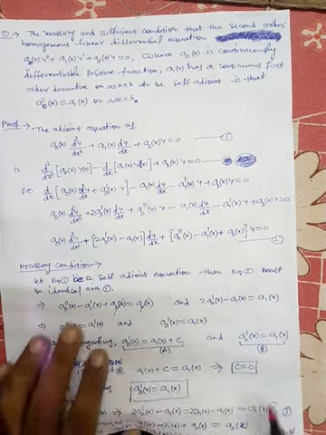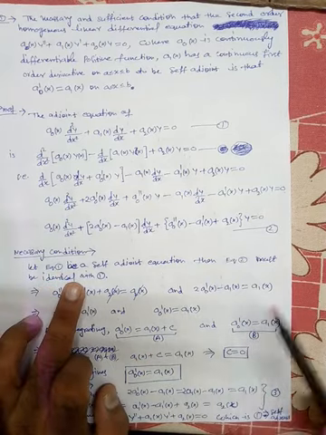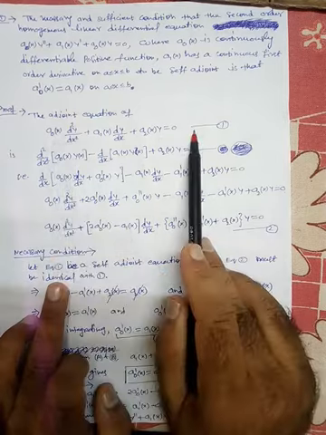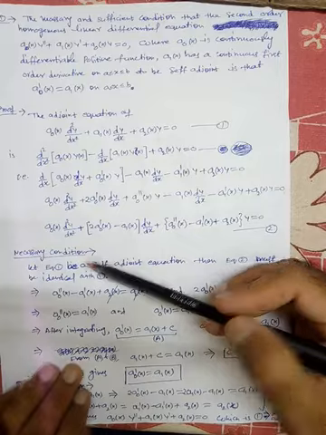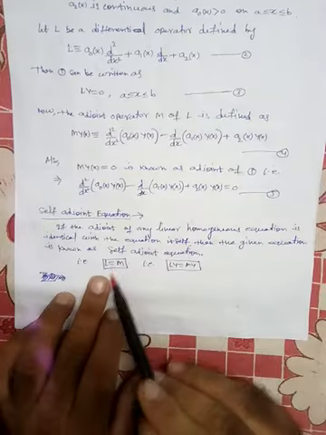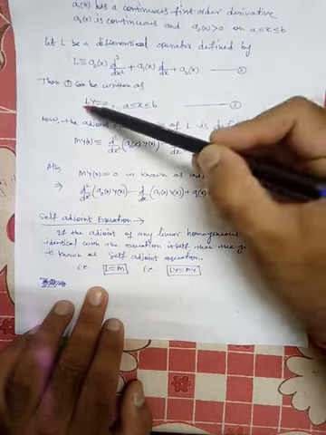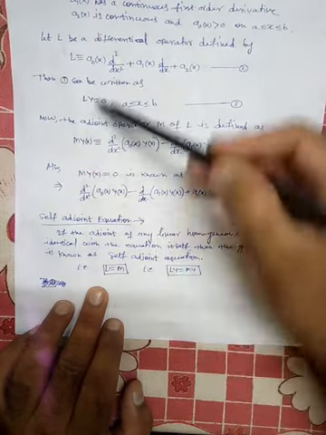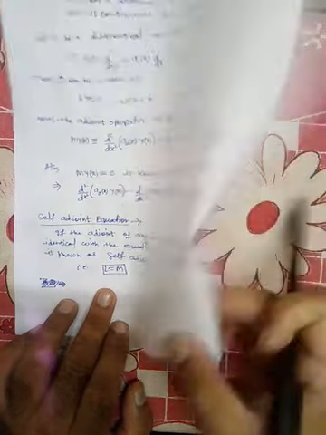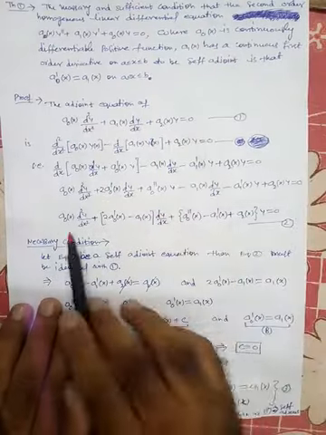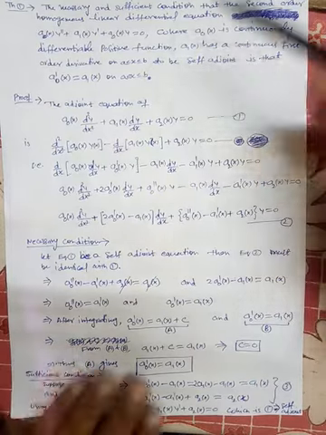Now the necessary condition. Let equation number 1 be a self-adjoint equation. Then if equation number 1 is self-adjoint, then this equation and this equation both should be identical. This is by the definition this. If both are identical, this and this, if both are identical, this is the equation, this is its adjoint equation. If both are identical, then we can say that it is a self-adjoint equation. So that means L is equal to M. Okay. So since this is the equation, this is the adjoint equation, both will be identical. Both should be identical. So we can compare.